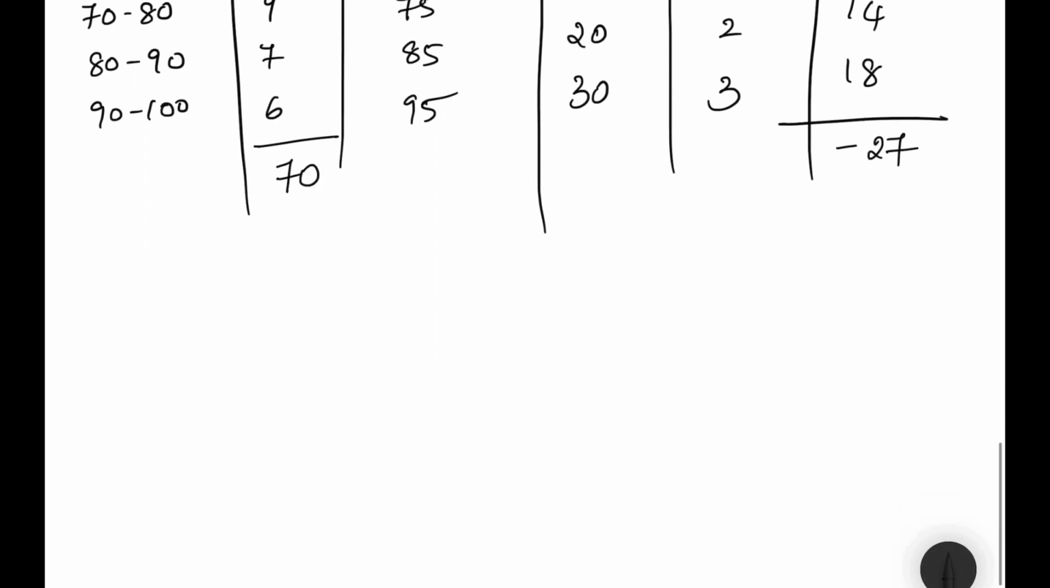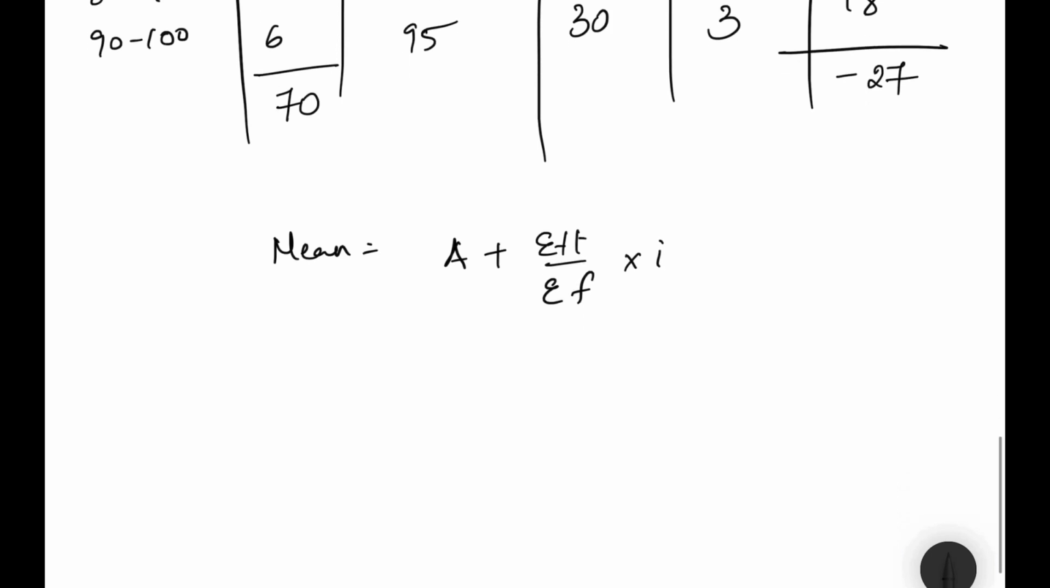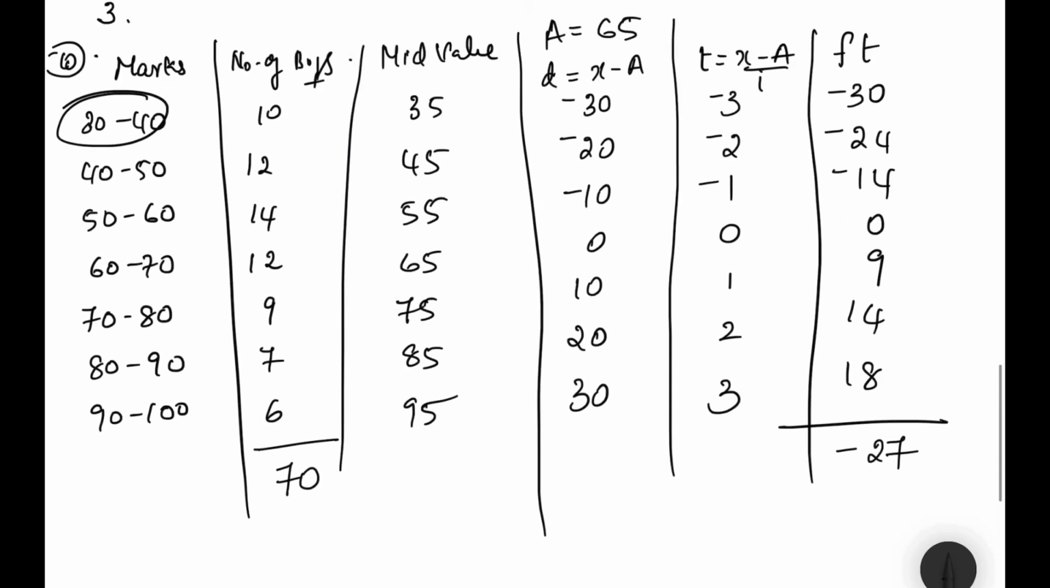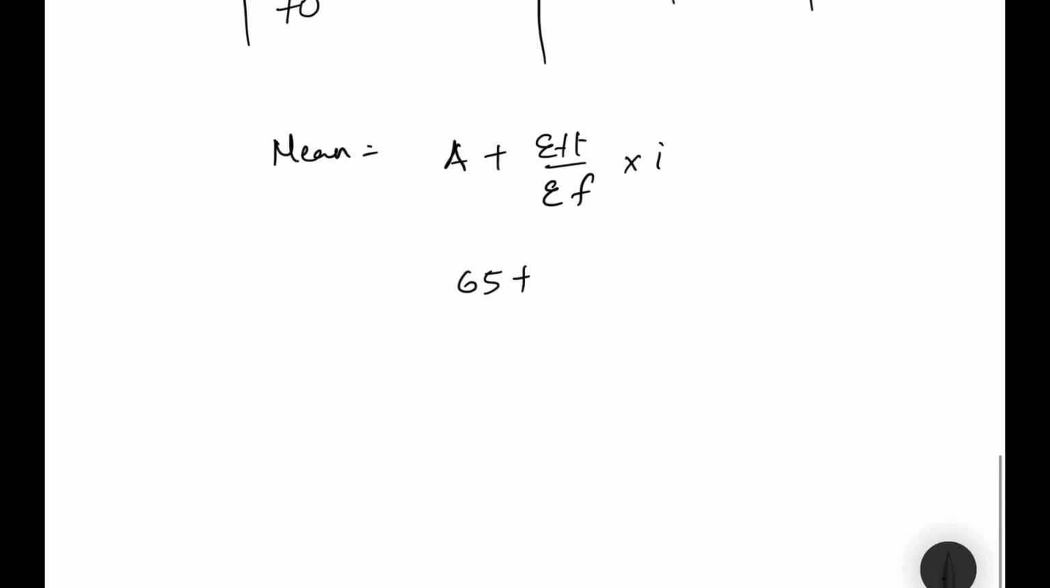So mean equal to a plus sigma ft by sigma f into i. A we already found, it is 65. 65 plus minus 27 by 70 into i, which is 10. So let us do that. What is 27 by 70? 27 divided by 70, if you do, you will get